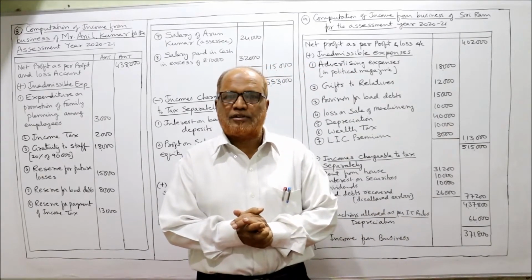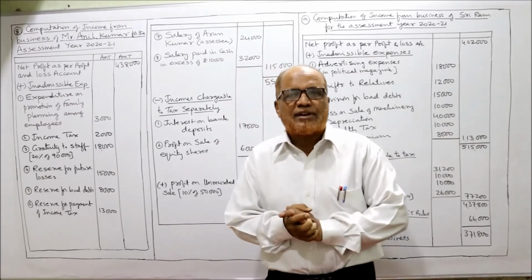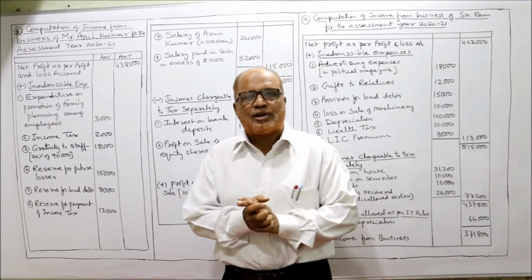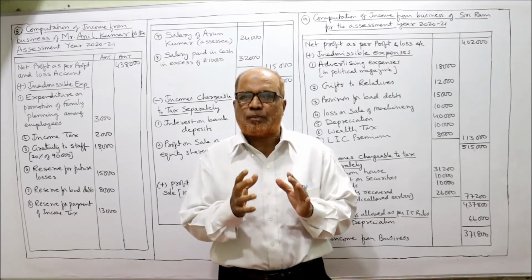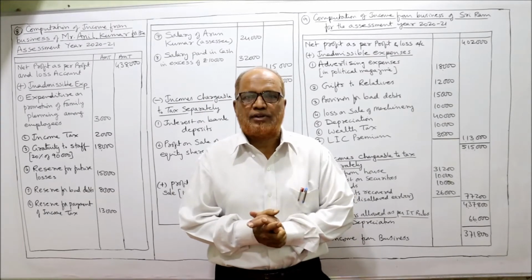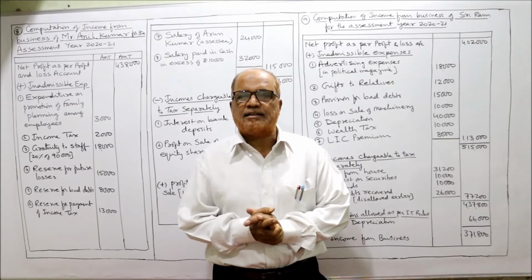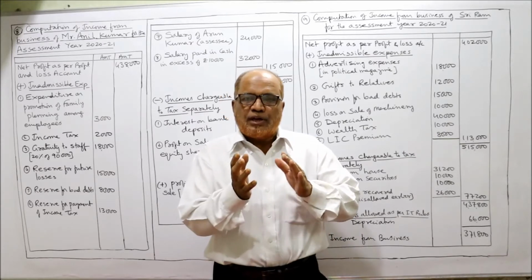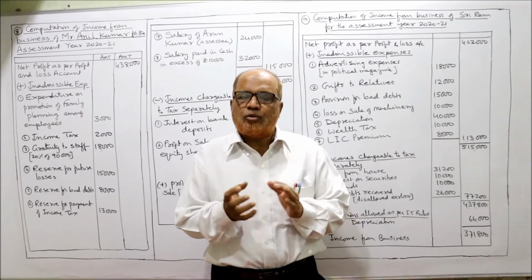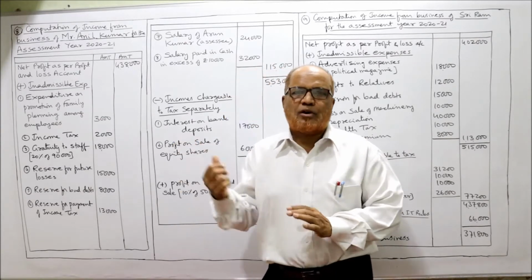Now I'm going to start the next problem, problem number 8 on income from business or profession. Already 7 problems I have explained to you in the previous videos regarding how to compute the profits and gains of business or profession by applying the provisions of the Income Tax Act 1961 for the assessment year 2021. If you have already watched, then you might have got a good grasp on the topic of this